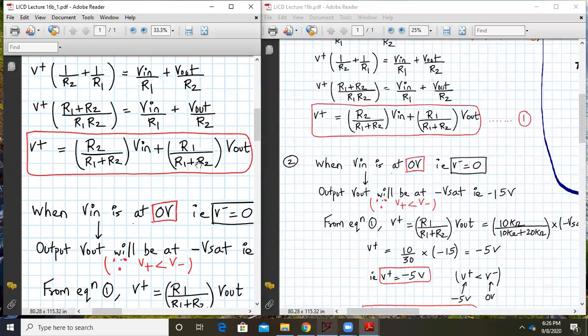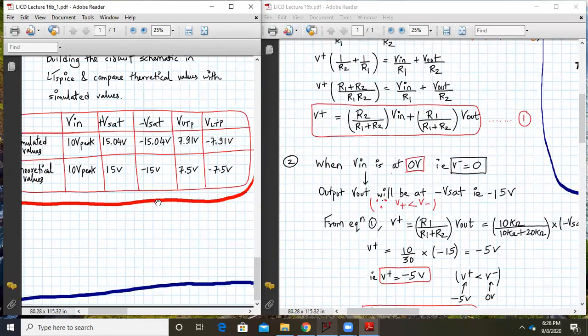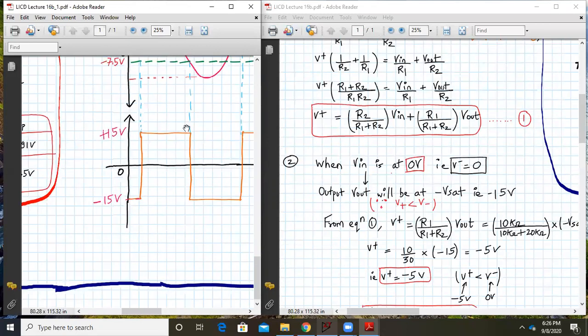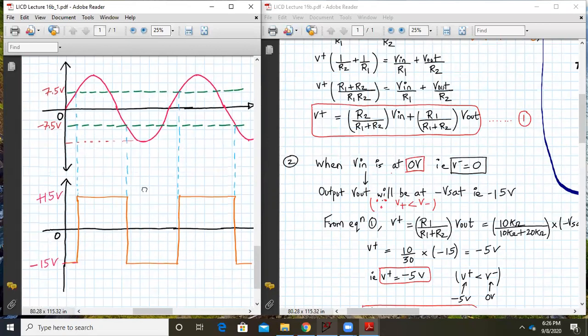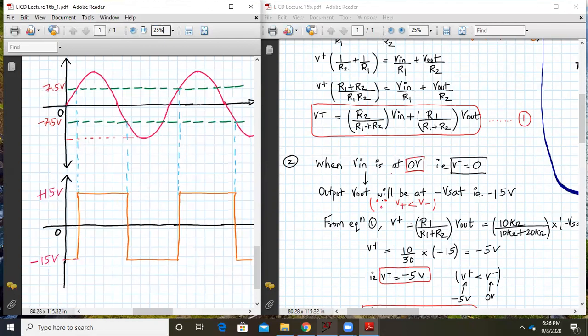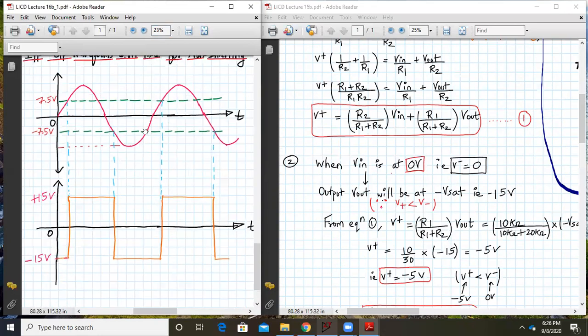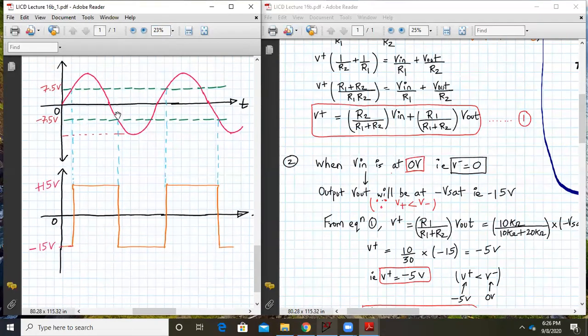Now, let me show you the input output characteristics of this non-inverting Schmitt trigger directly. The upper waveform, this pink color, is my input waveform. This dotted green line shows my two triggering points, that is the upper threshold point and the lower threshold point, and this is my output state. That's how it will look. Initially we need to suppose that, as you can see clearly, when V in is 0, the op-amp is at minus VSAT. So this will be our starting point.